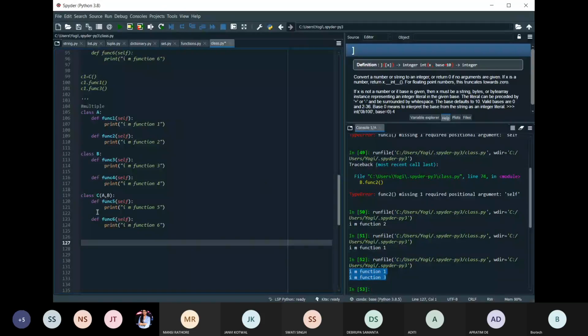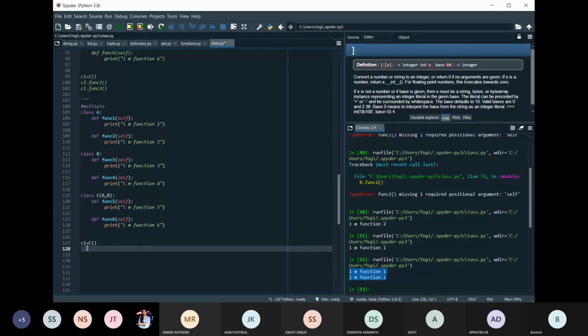See what happens whenever I create C1 equal to C, with capital C. Okay, I have created the object of this particular class.